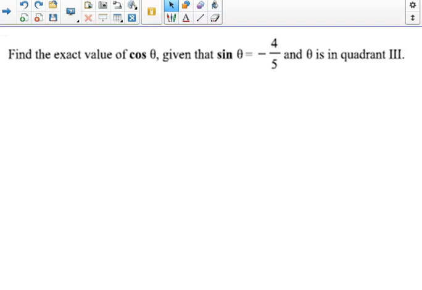Okay, so last push here for the end of this section, and very important section. They want us to find the value of the cosine for this one. Now,